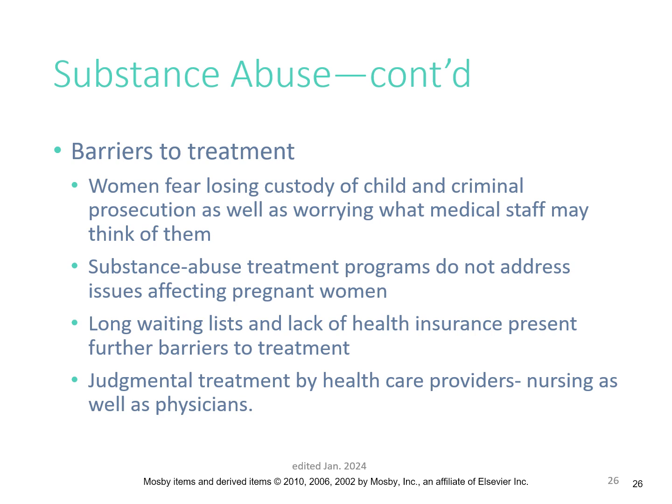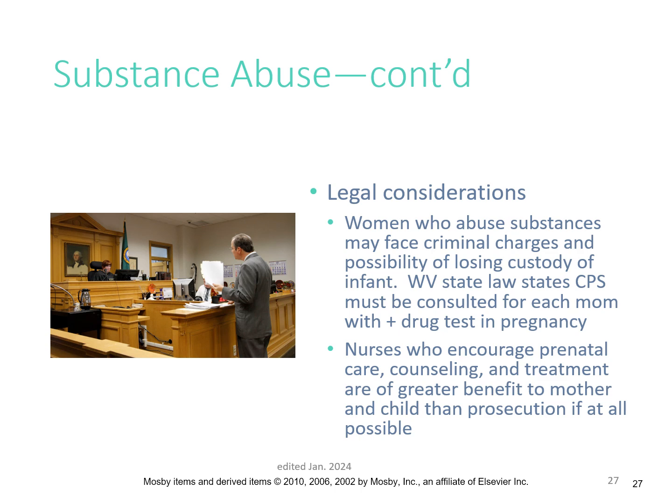So we have to look at the worst of the worst situations, and if a mom's on a treatment plan and she's following the treatment plan, she's probably going to get to take her baby home with her. There is also very little available in terms of rehabilitation for pregnant women. Very little rehab available, and what few there are have long waiting lists. So as I said, women who abuse substances in West Virginia will get a CPS visit, but again, if they're given the opportunity to go on a treatment plan and they follow it, they're probably going to get to keep their baby.